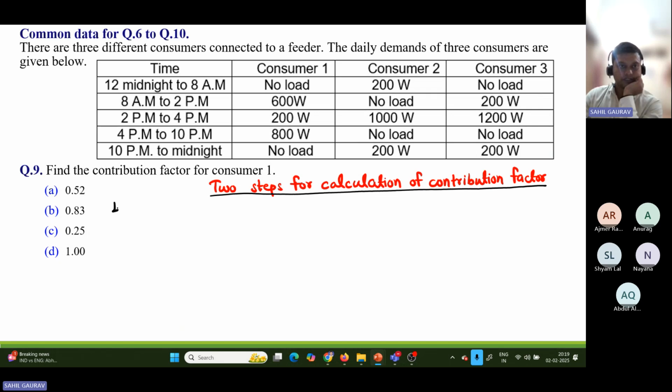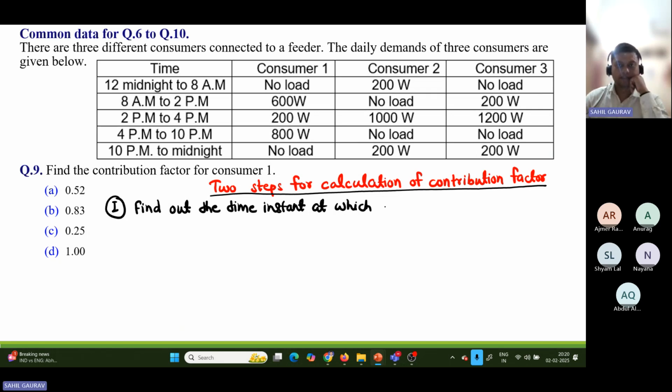The first step is to find out the time instant